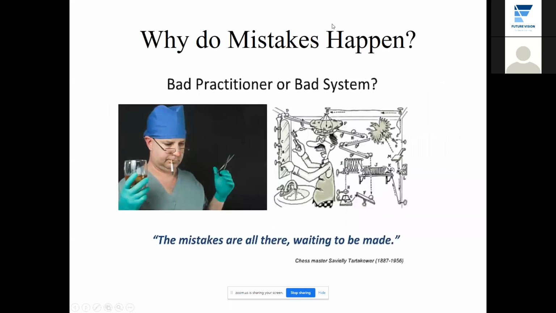ليش الميديكيشن هابن؟ ليش بيصير في ميديكيشن ايرور؟ What do you think? Overwork, misdocumentation, miscommunication, sorry, bad system. طيب ممكن يكون نتيجة الخطأ الشخصي. نتفق على شغلتين عنوانين كبار سننهي فيهم المحاضرة. ممكن يكون نتيجة خطأ شخصي وممكن يكون مشكل بالسيستم.